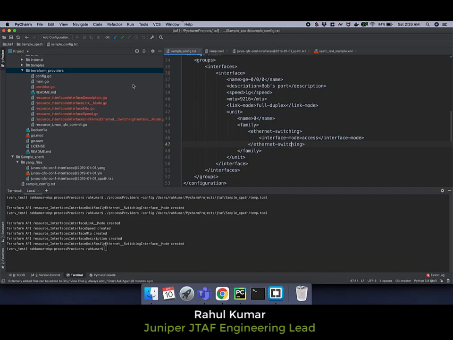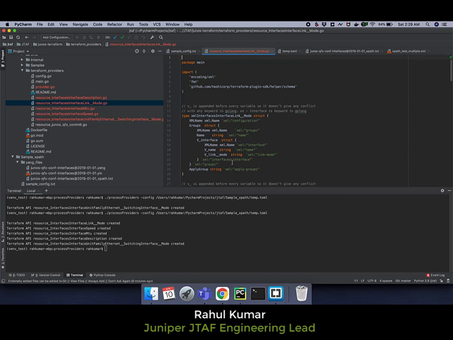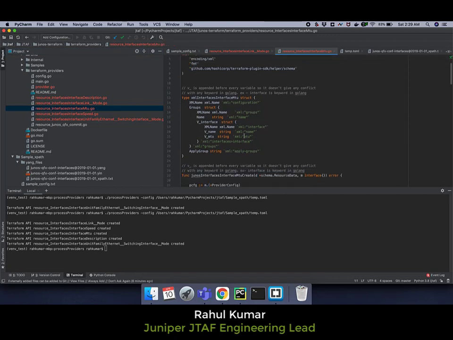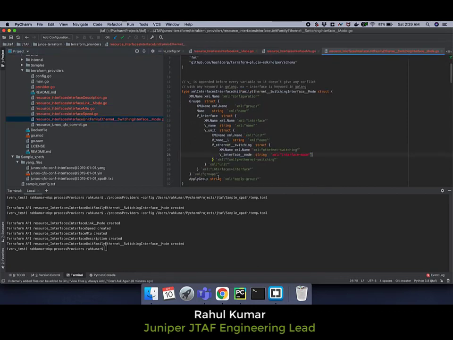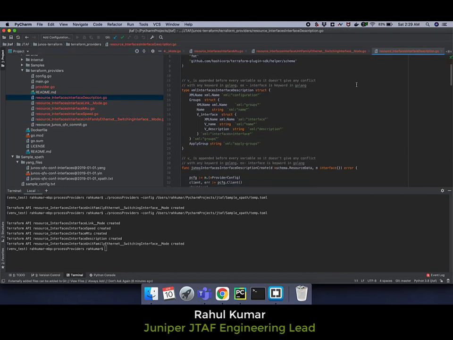So first we will check, as all of them were group based configuration, what link mode has. So link mode has hierarchy interfaces, interface only. MTU has a similar thing. If we go to interface mode, that has a higher level of hierarchy. Description also is similar.